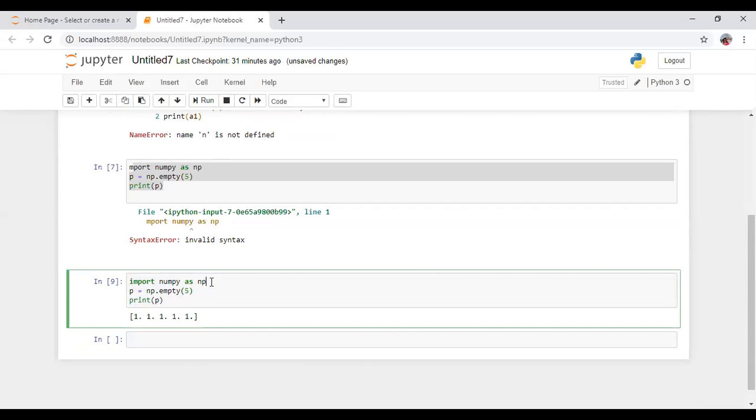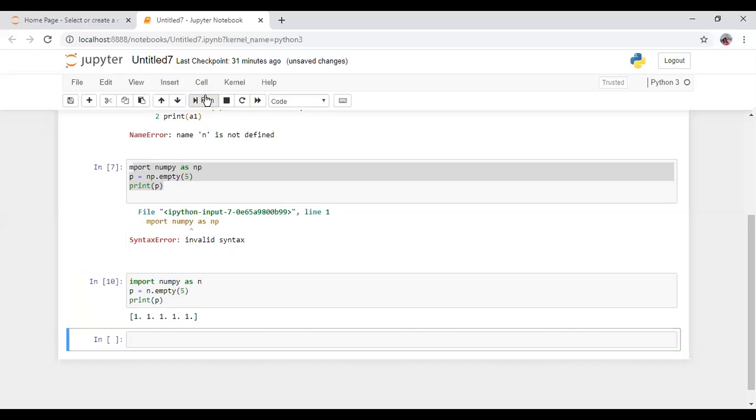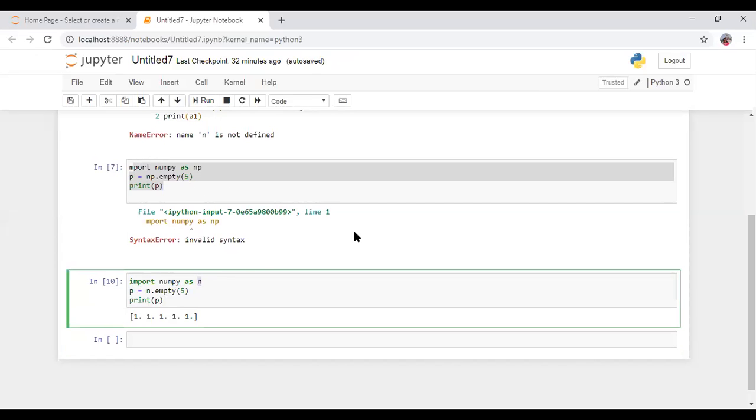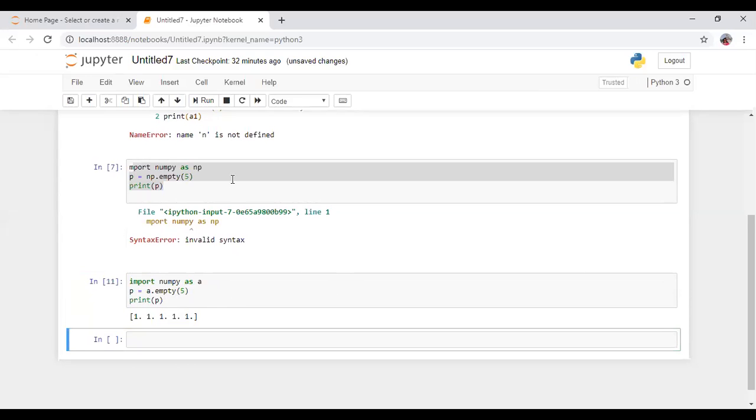I am just removing p from here and from here, so it will run. See here, the import was wrong, n was not there, so that's why the error was showing. Import numpy as n, any variable name abc xyz, I can write a also, you have to use as a, then run it. So it will run accordingly.